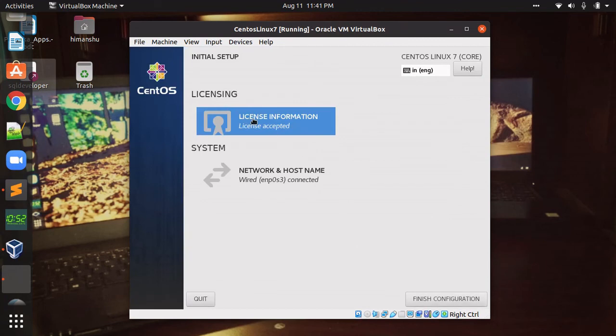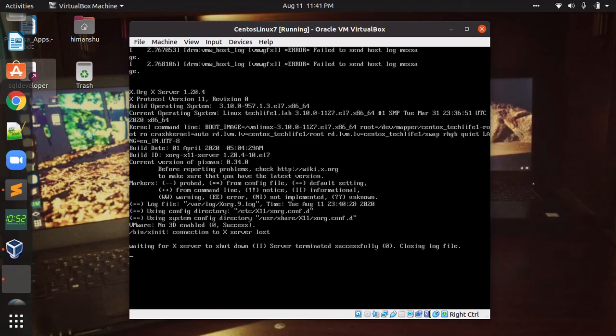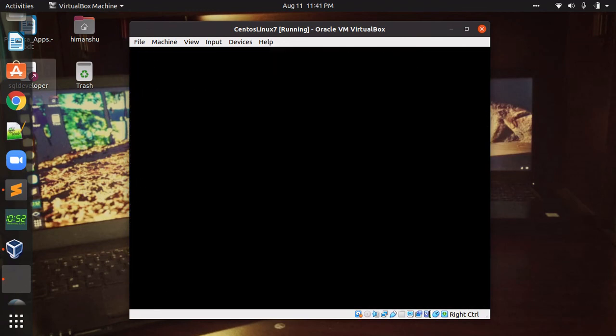License accepted. Your network and the host name were already set up during installation, so that is already showing as connected. That's it, and we will click on finish configuration to complete this setup, and it will start your system and take you to the login screen.